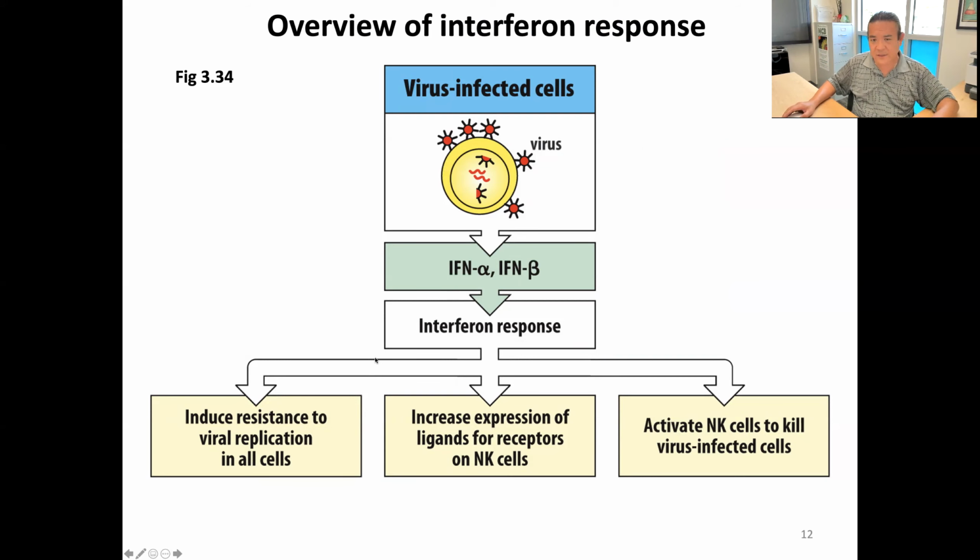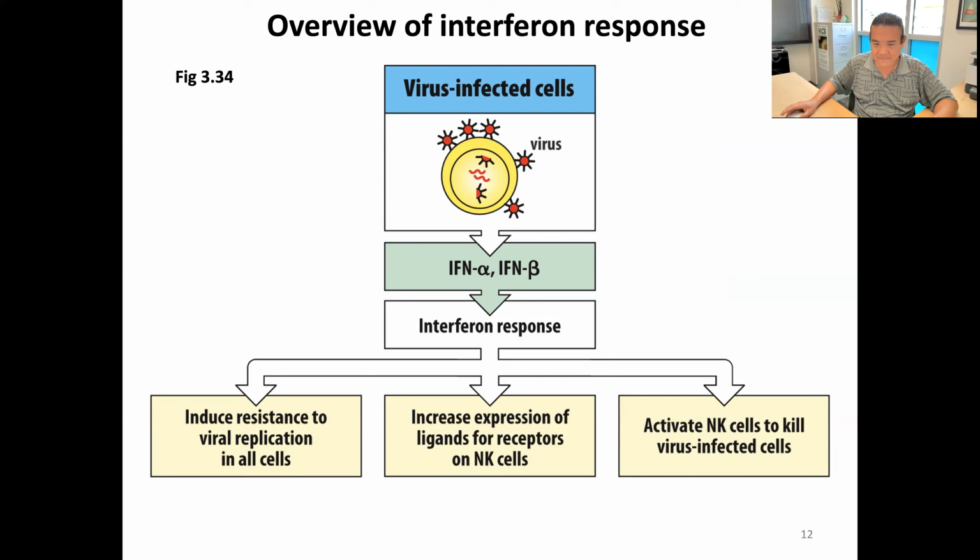So here you can see that the three main goals of the interferon response are to induce resistance to viral replication in all cells. So in other words, the cell itself that was infected, changes start happening within it as a result of interferon signaling that actually slow down the cellular machinery. Because it's the cellular machinery for expressing genes, making proteins, that's actually being used by the virus to make more viruses. So the cell actually stops or slows down its normal machines to try to slow down the